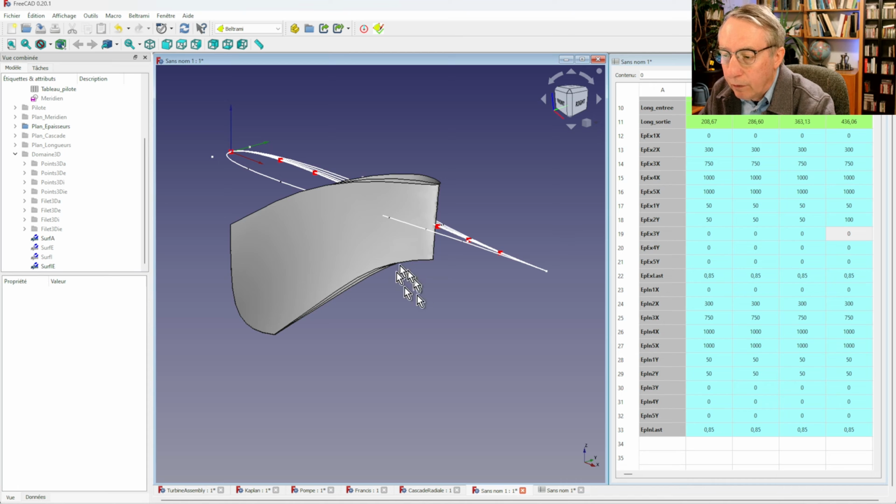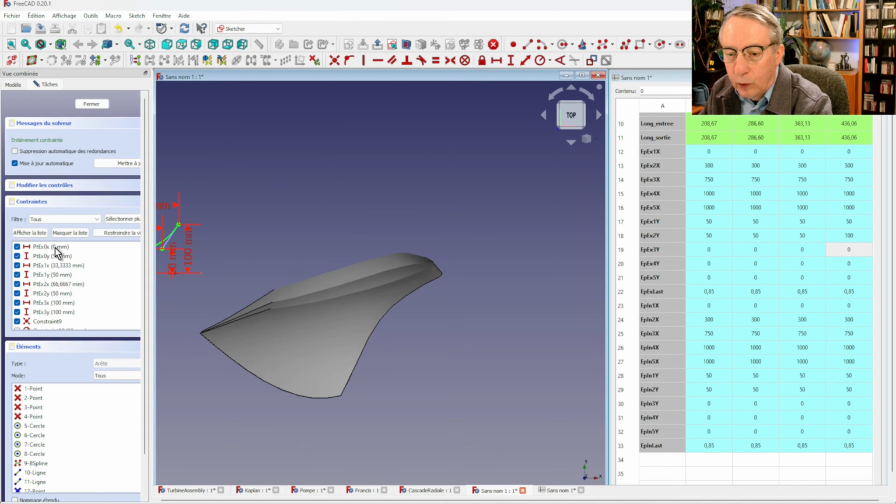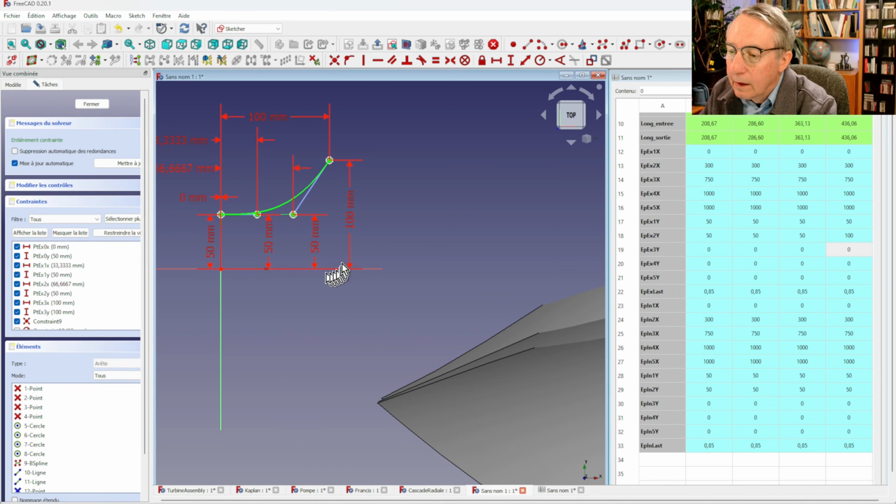This kind of evolution from the bend to the crown is calculated in the pilot group, where we can find the variable we have modified, which is APAX2Y. APAX2Y, it's here. And if we look at the sketch there, we see that we have 100 mm for the point at crown and 50, and in between the curve that is used to define the thickness for each of the fillet from the bend to the crown is there.